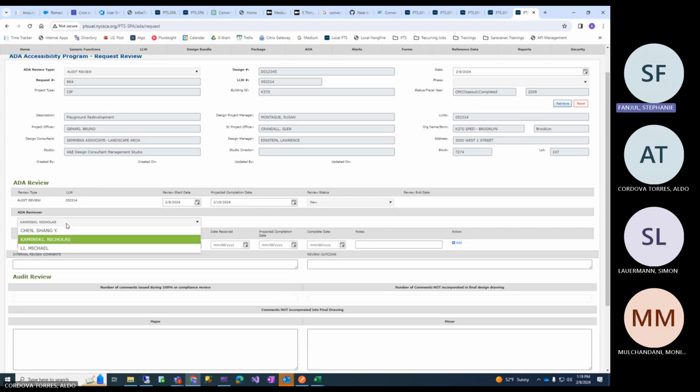So once they submit that request for review, it'll go into the ADA reviewer dashboard and the ADA reviewer will complete a review. And then they have reports for it, and then you'll see the dashboard there. Is there any status for when it's done? Looks like any activity, right? Design model level.